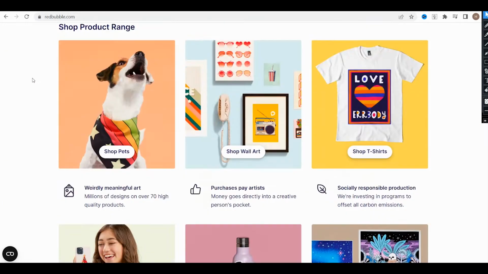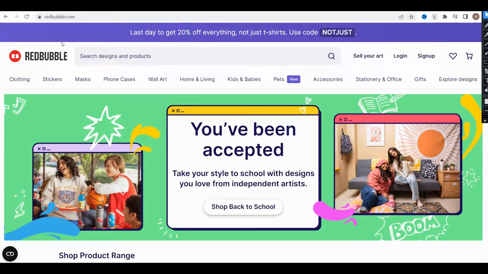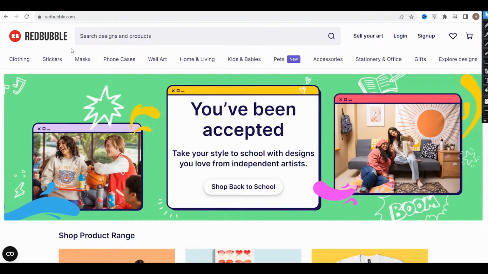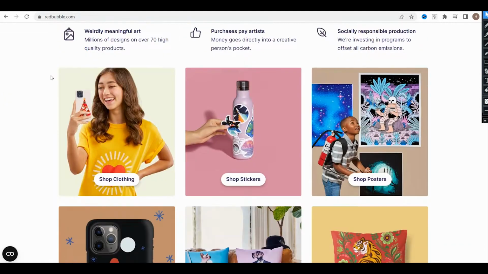And the second one is about availability of your designs, or is it available in search engines, in search on different platforms,